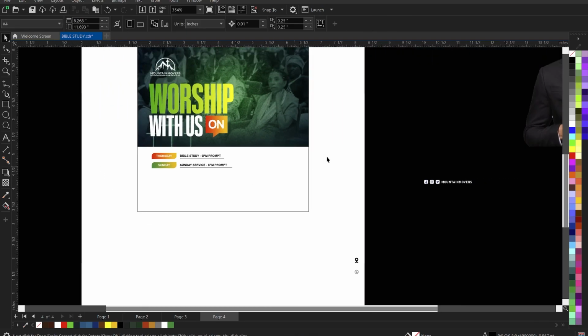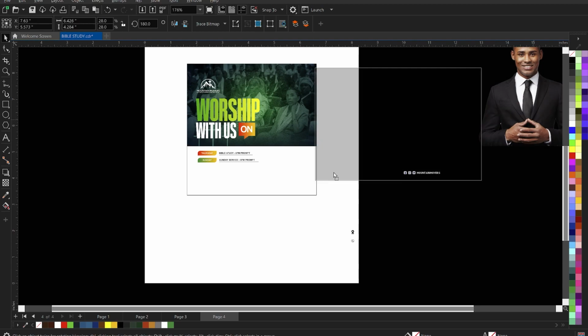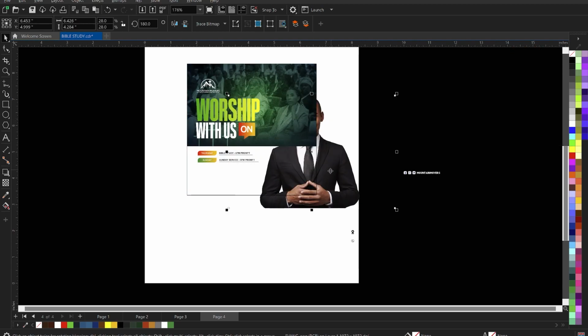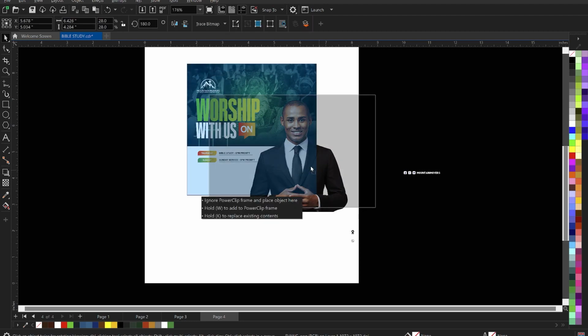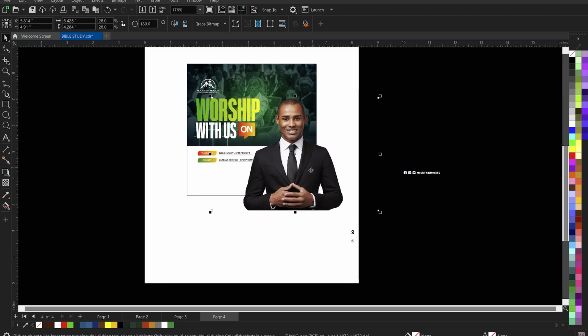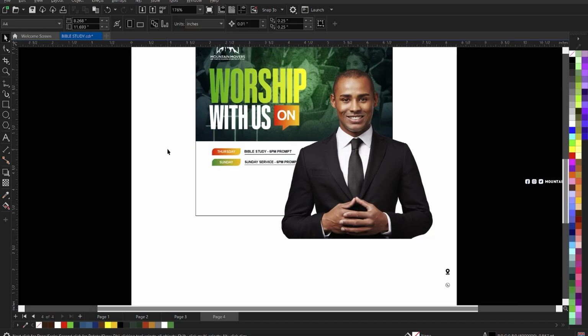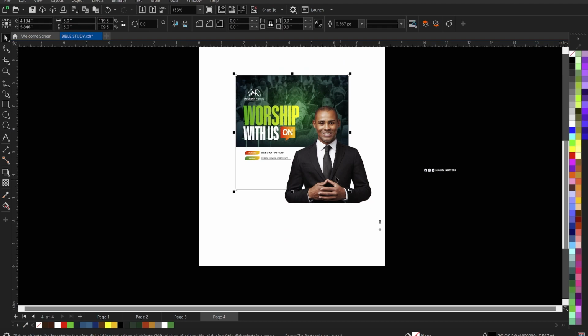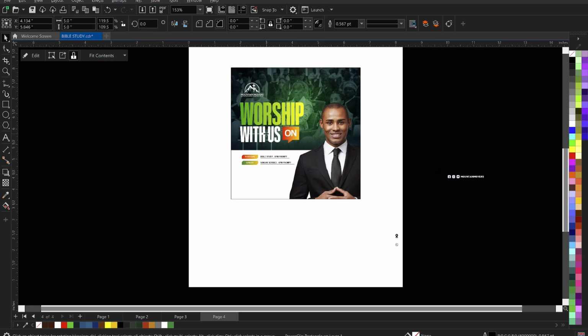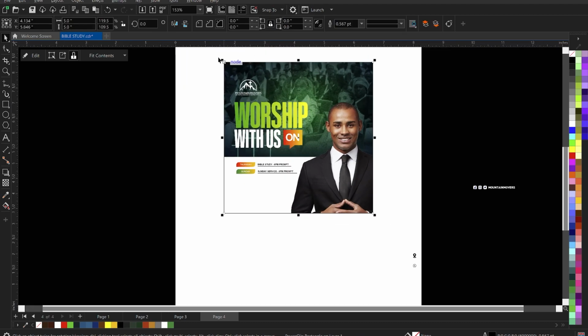Now that we have that, we'll now bring the picture in like this. Let's reduce this a little, and then we'll now power click the picture inside, right? Power click the picture inside,